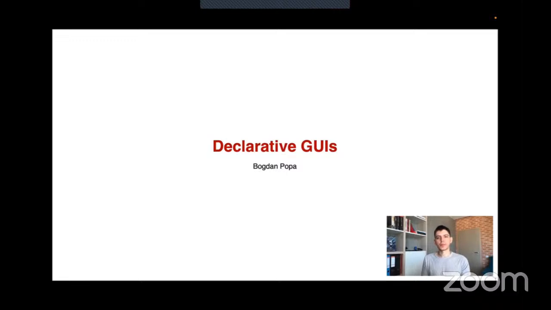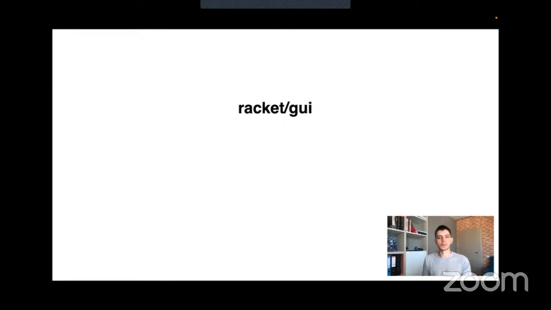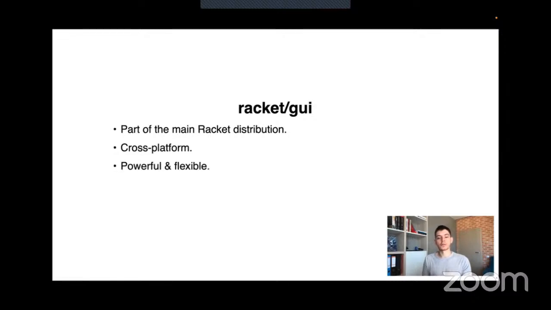My name is Bogdan Popa, and today I will be talking about GUI Easy, a library for declaratively building graphical user interfaces in Racket. Racket comes with Racket GUI as part of its main distribution. Racket GUI is a cross-platform toolkit for building graphical user interfaces. It's powerful and flexible, having been used to build the Dr. Racket IDE, and part of that power and flexibility comes from the fact that it's built on top of the Racket class library. Unfortunately, that also means that the API that is exposed to the user by Racket GUI is